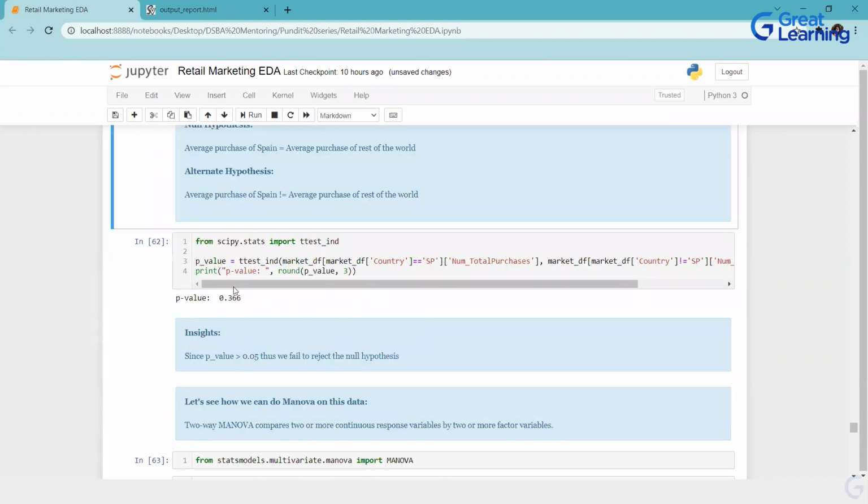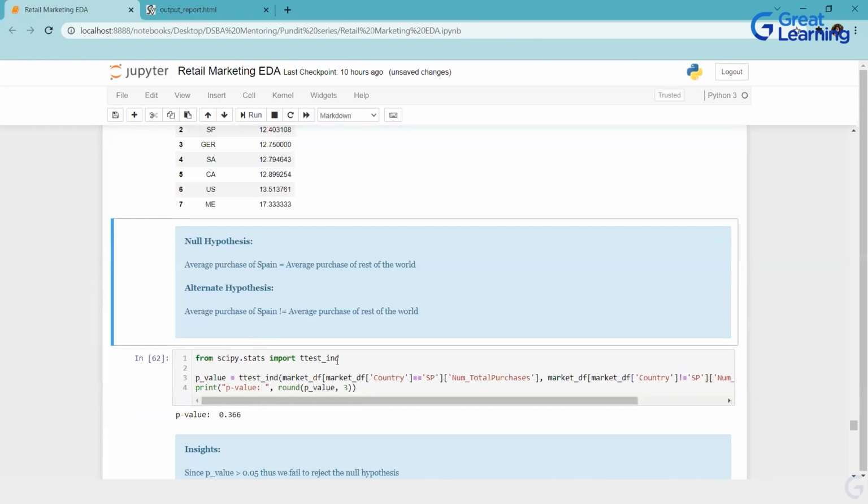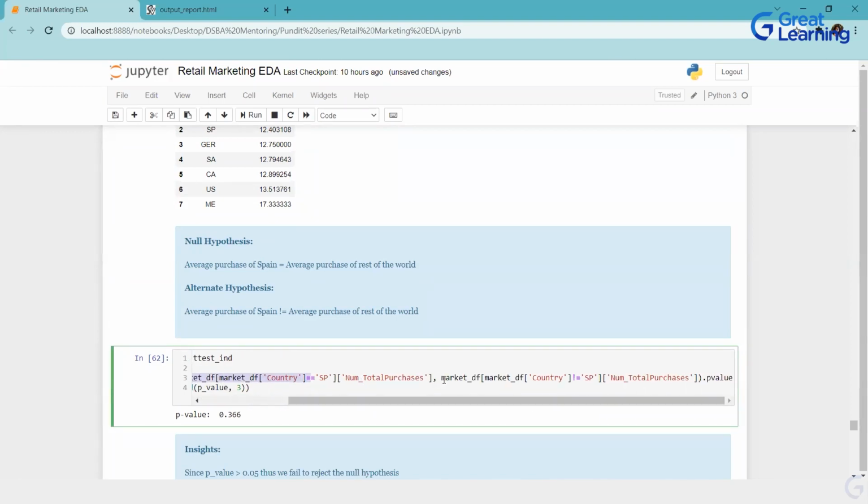Okay. So from scipy.stats, I'm getting the t-test indicator, and I'm filtering out only all the data which has country as Spain, the purchase column from there, and taking the other set of the data where country is not equal to Spain and total purchase over there, and getting their p-value.